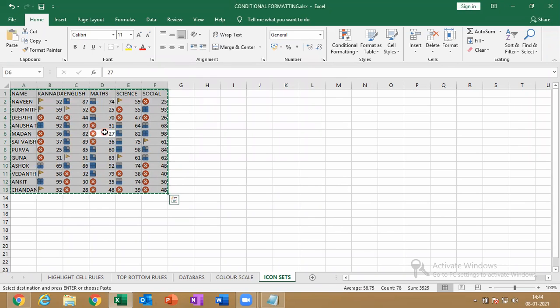Control A, Control C. Create a new sheet.